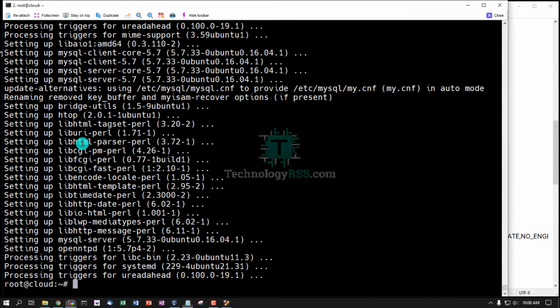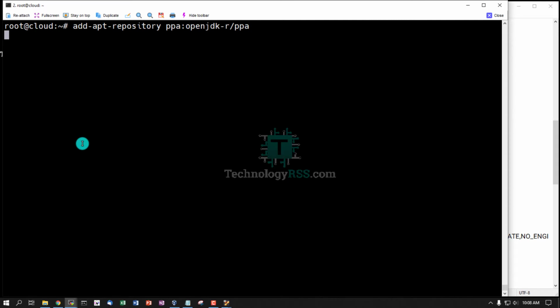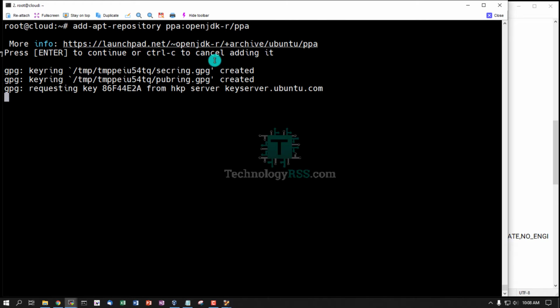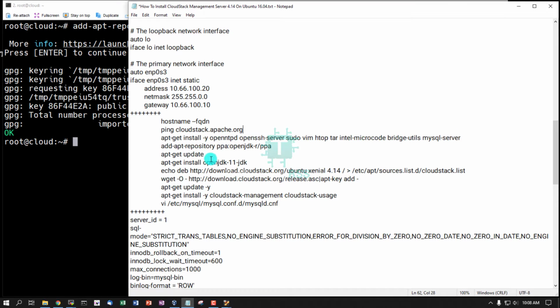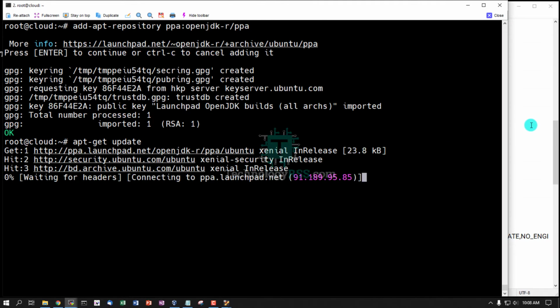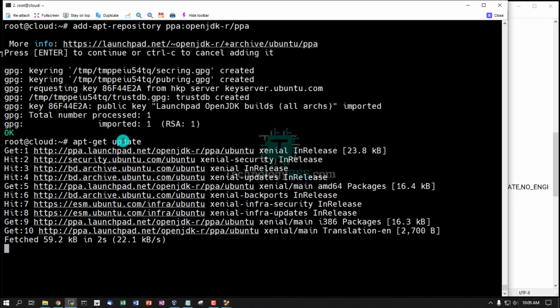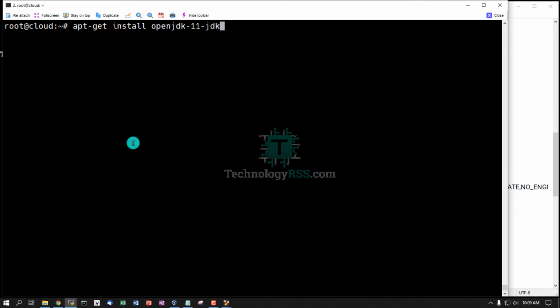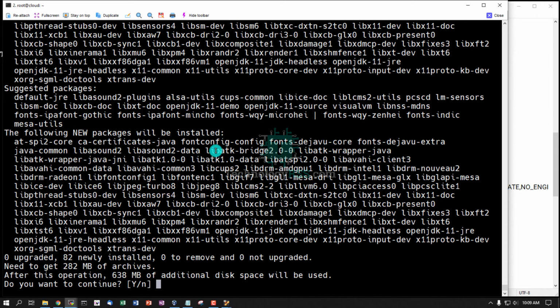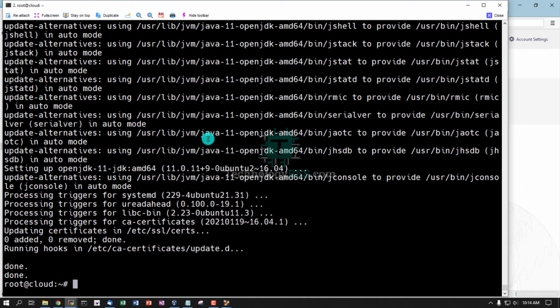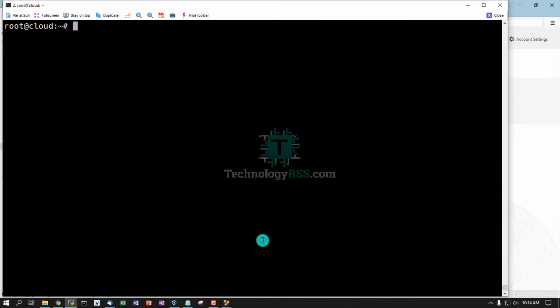Now install OpenJDK version 11, press enter for adding it, added successfully. Then update, and then install OpenJDK version 11, and type Y, then enter. Now JDK installation done,